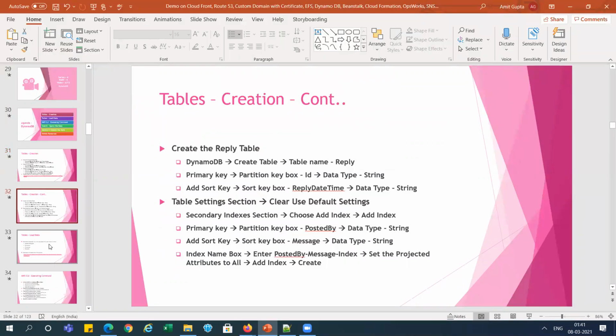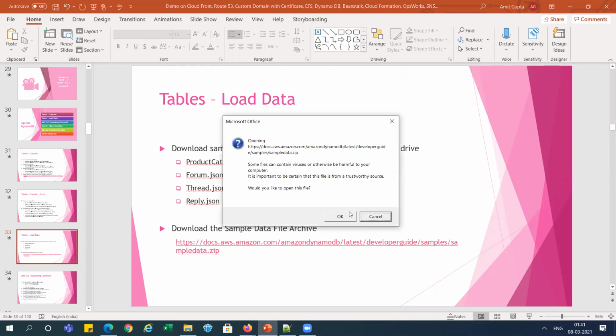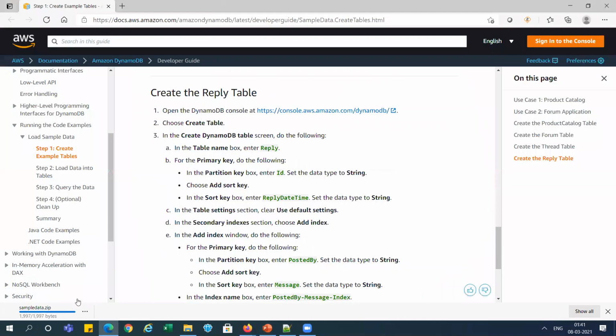So we have done this table creation, and now we need to load the data, so we can download the data. You can see here, I have mentioned this URL where you can go directly and download sample data. You can see downloading has started.